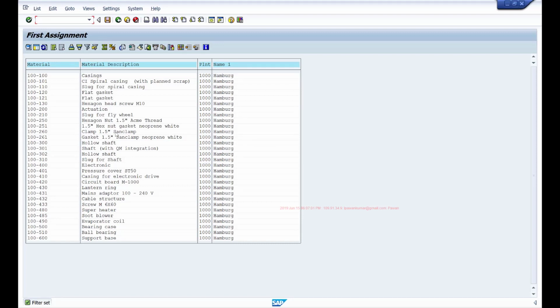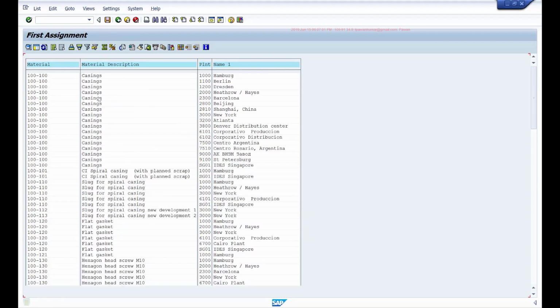There's a 4-step process. Now my user says that I'm too lazy, I don't want to do all those 4 steps. I just want to double click on any field. You simply filter by that field. So for example, if I double click on this 1000, then the system should automatically filter the values for this 1000 plant. If I double click on this 100 material, then it should automatically filter for this 100 material.